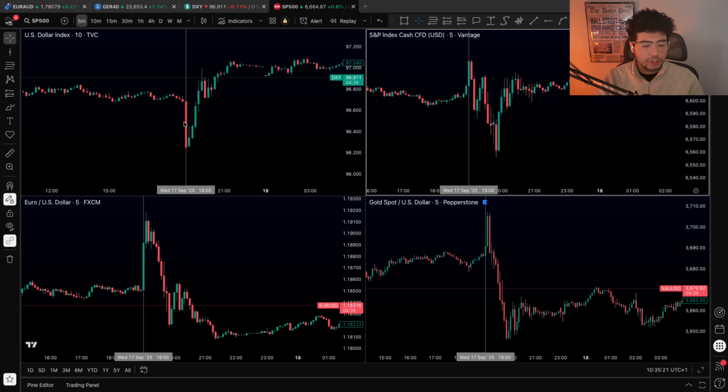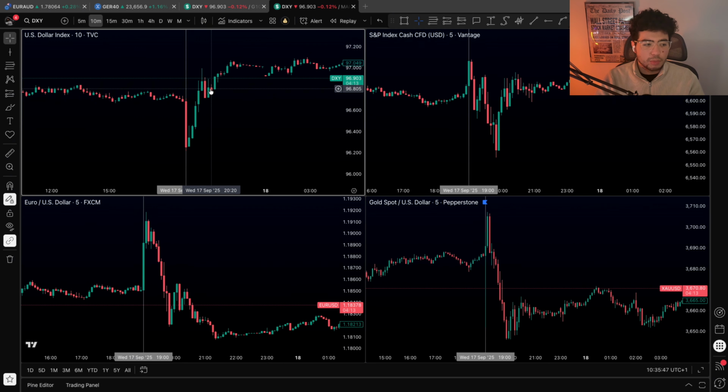Initially, we can see after the rate cut and the statement, there was a clear bearish or dovish tone in the market, with the dollar moving down, euro dollar up, gold up, and the S&P subsequently up. However, then once Powell came on to clarify that this is a more slow cutting cycle than what people initially thought, we have the reversals, with the dollar aggressively moving up very quickly, euro dollar down, gold down, and the S&P also down. The markets realized this wasn't a panic cut, and we weren't in for an aggressive easing cycle.